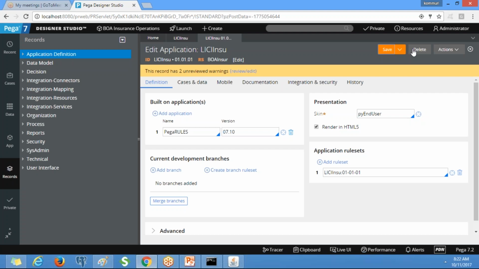When we create an application by using the wizard, it creates different operators. When you log in as developer, you will see a different kind of portal. When you log in as manager, you will see a different portal. Likewise, when you log in as user, you will see a different portal. Those portals are defined in the access group.